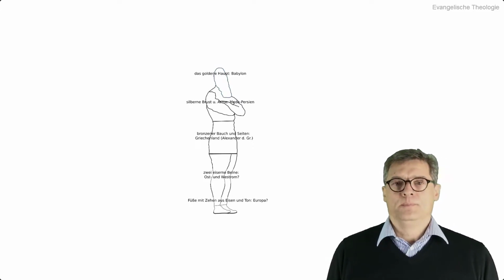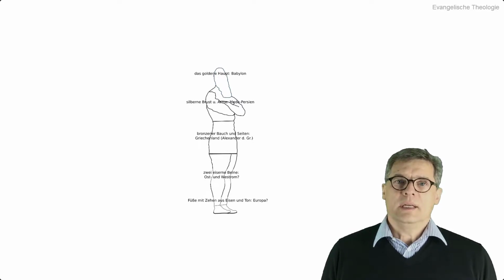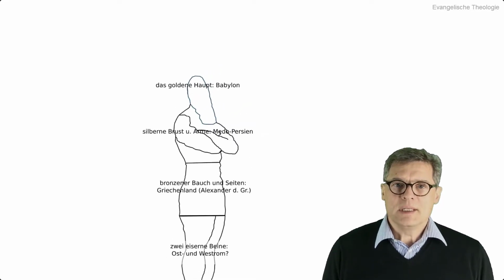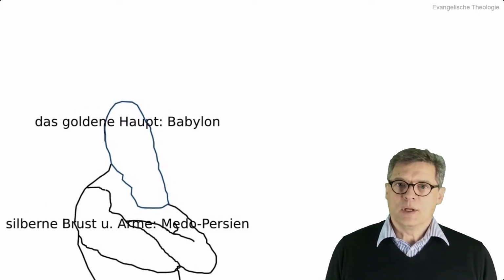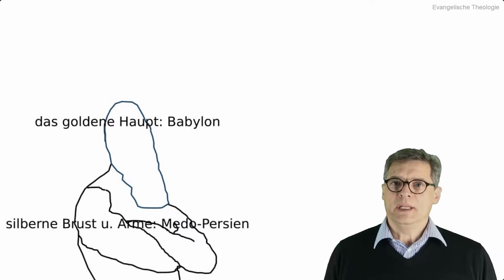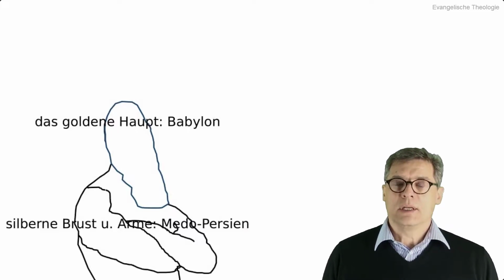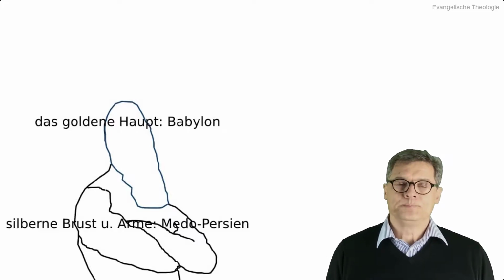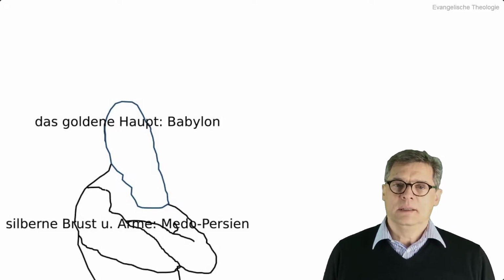The big question is, what is meant by these parts of the statue? Especially with the legs and the feet and the toes, we will see that it's very different from what we've been thinking if we follow the Bible. We start with a golden head at first. That is what Daniel explains in Daniel 2 in the interpretation of the dream. He says to King Nebuchadnezzar, "You, King Nebuchadnezzar, you are the golden head." That is, we may assume that the golden head stands for Babylon.